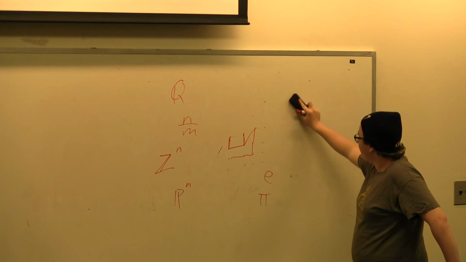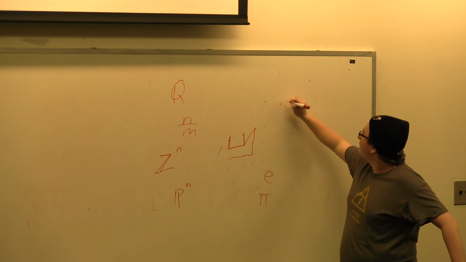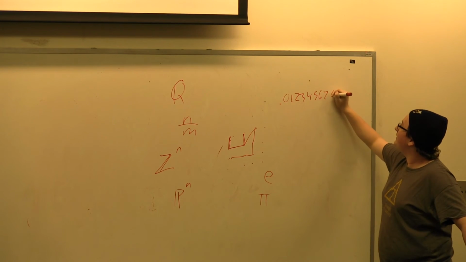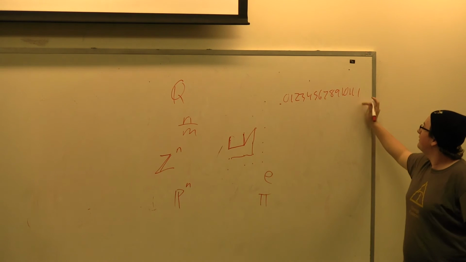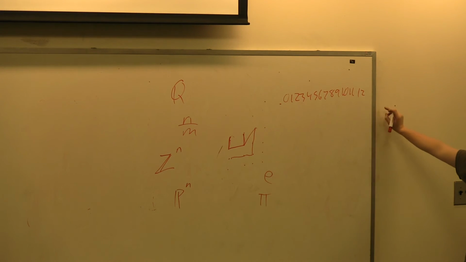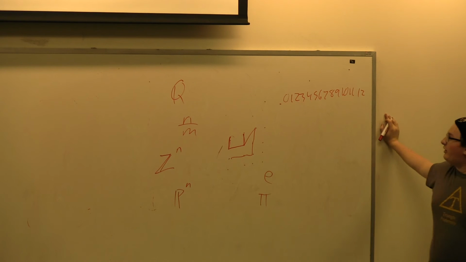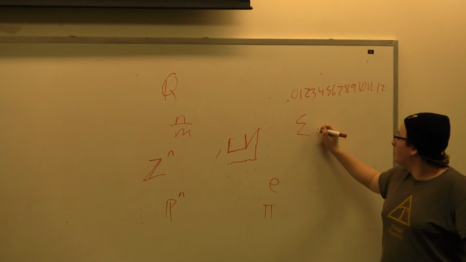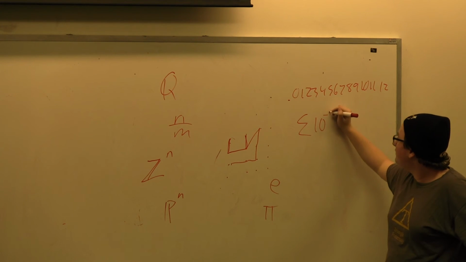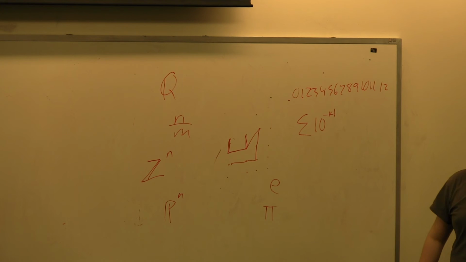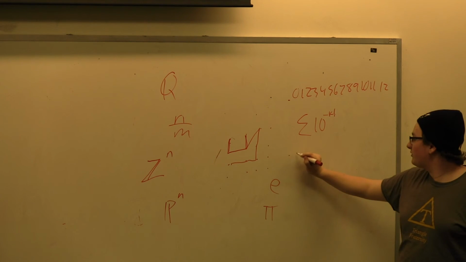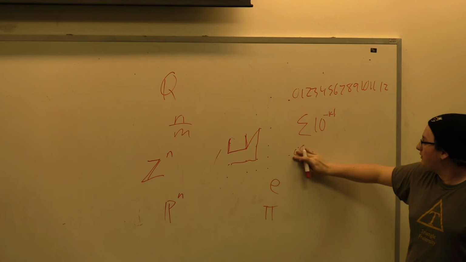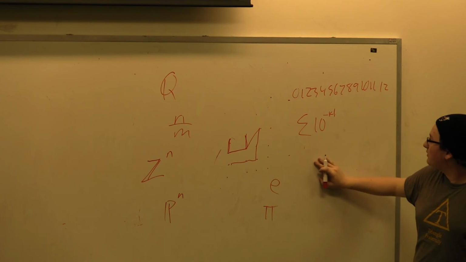If I start writing out 0, 1, 2, 3, 4, 5, 6, 7, 8, 9, 10, 11, 12. So I just start writing out every natural number in order. That is a transcendental number. The sum of 10 to the negative k factorial. So this will be a number that is mostly zeros in its decimal expansion, but